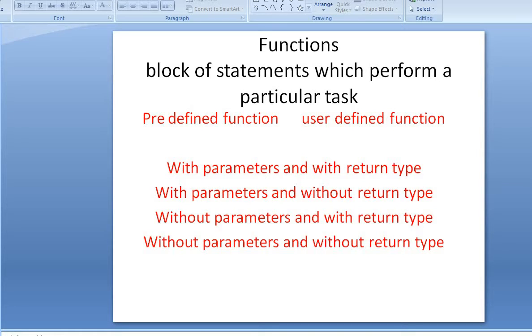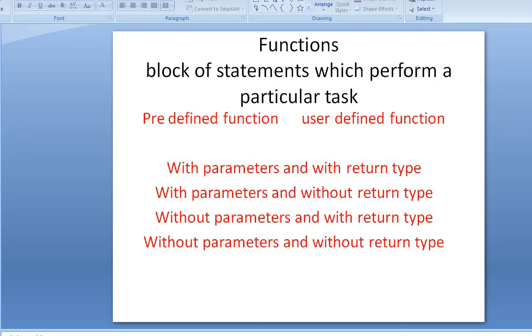But it is a predefined function, as we have two types of functions in C language. Those are predefined functions and user defined functions. Each program contains at least one predefined function, and that is the main function.